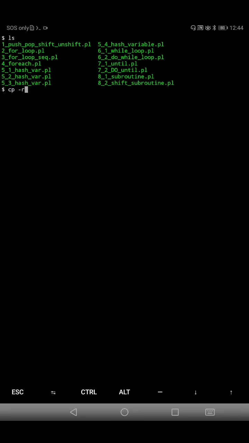So let's copy the program, say... okay, so let's write the name. We are going to use the special variable in subroutine program. Okay, so let's open it in the Vim editor.